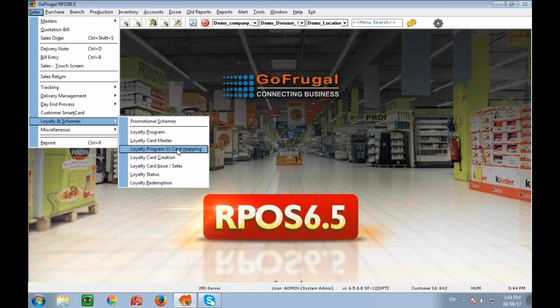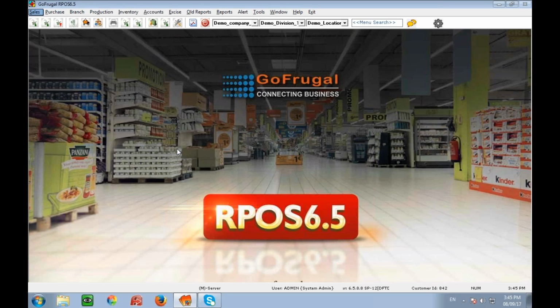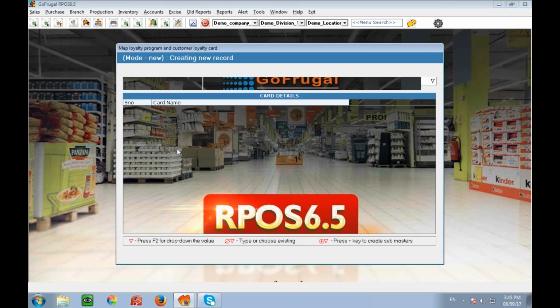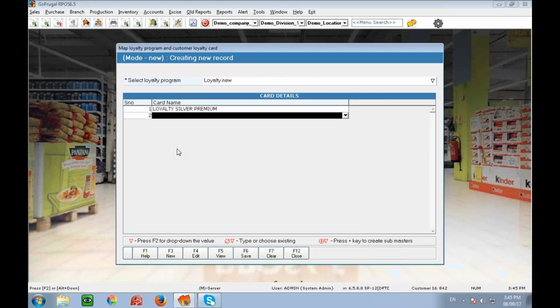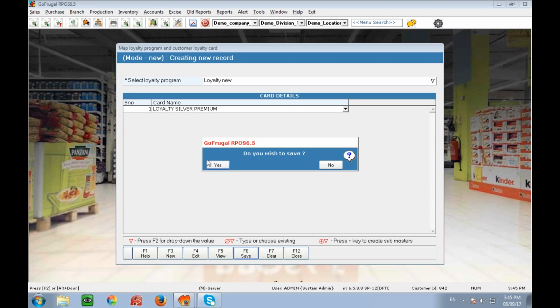So the next part is that multiple programs may be created, and there may be multiple cards created. Maybe for silver I may create one program, for gold I may create the other program. So I want to map that program to that card. So select the program and select the card. That's all. If you have different loyalty programs, you can create different loyalty cards and map that program to this card.